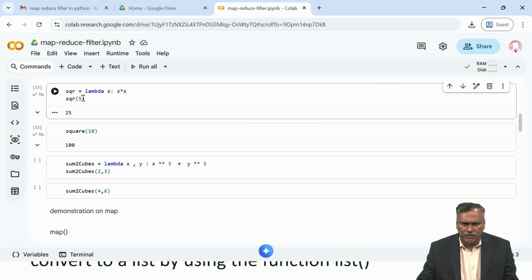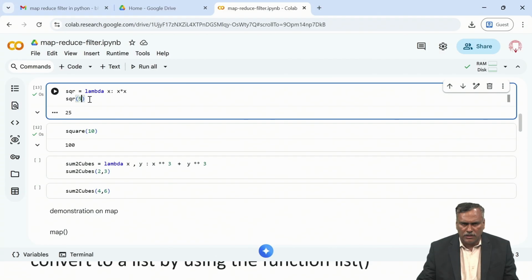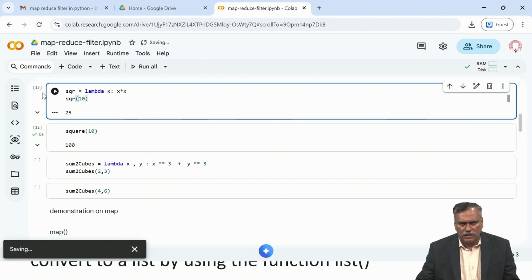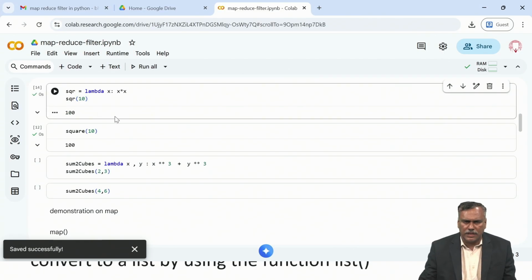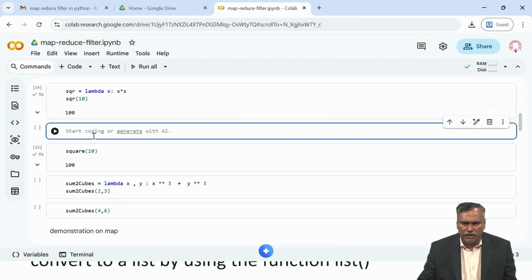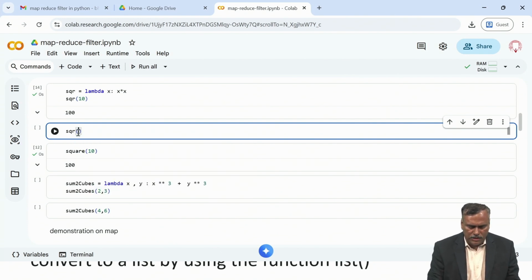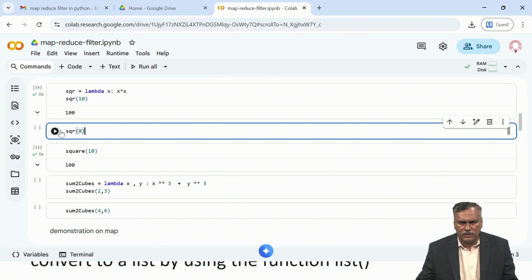Here itself, if you want to change its value, you can change, it is up to you. Suppose for example here itself, if I want to find the square of 10, you can just make that change, save, and run so that you can get the square as 100. So later on also, if you want to find the square of say 8, you can pass 8 as an argument now. So this time we can get it as